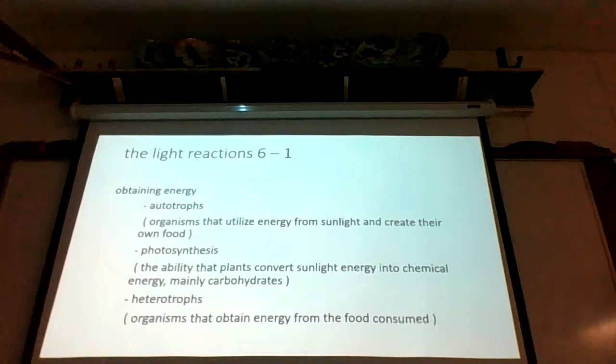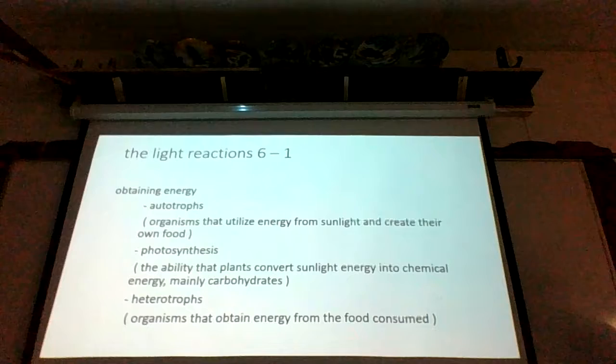So with that, we'll be discussing what photosynthesis means here in just a few moments. Because as you can see, when we talked about this earlier, we're discussing the light reactions. And if we have light reactions, we'll also go into what's called the dark reactions. I don't think we'll get to that today, but as we move forward then,